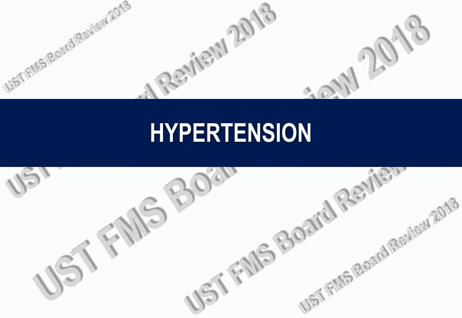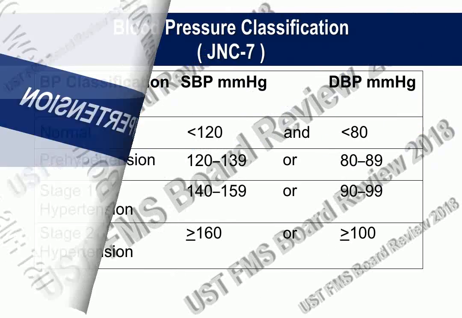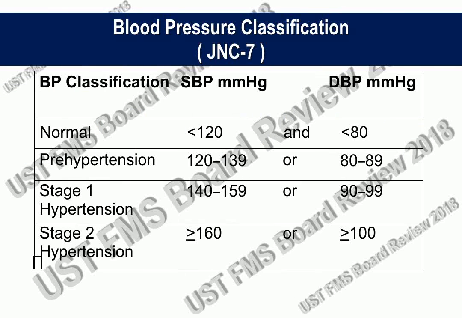Let's move over to hypertension. Now, I know there has been a lot of development as far as hypertension classification is concerned, but if we're still going to use your Harrison, which will be the textbook in your board exam, hypertension classification is still based on your JNC7, which means stage 1 hypertension is defined as a systolic blood pressure of 140 to 159, or a diastolic blood pressure of 90 to 99. Anything that is 160 systolic and above, or 100 diastolic BP and above, is already stage 2 hypertension.